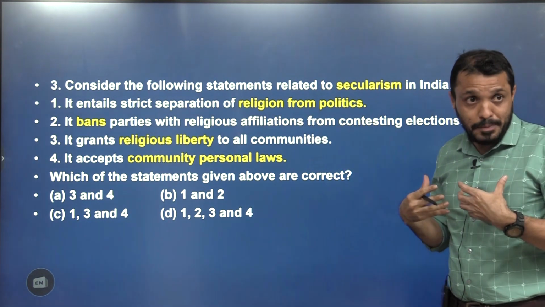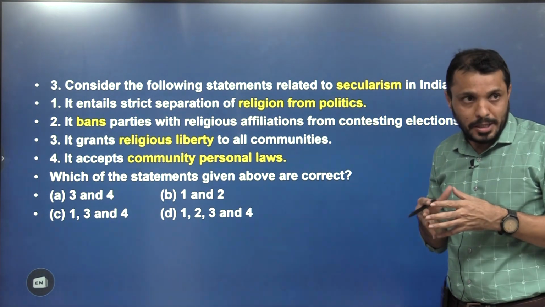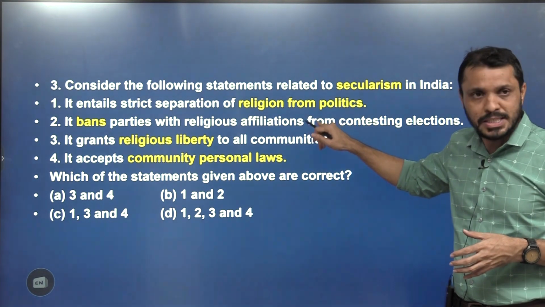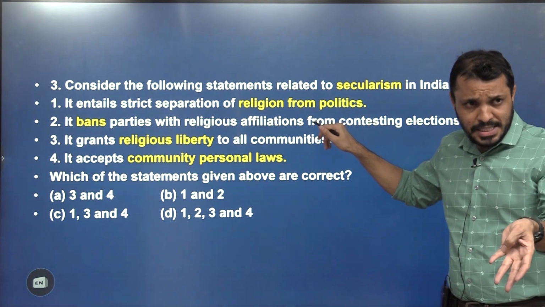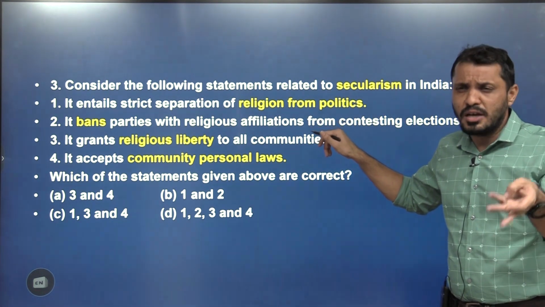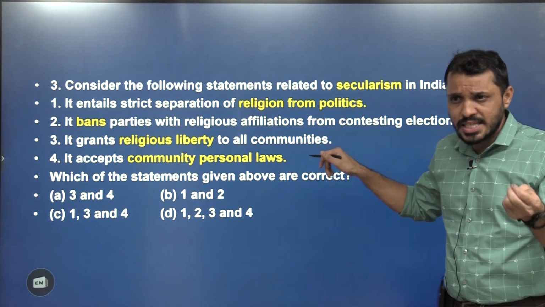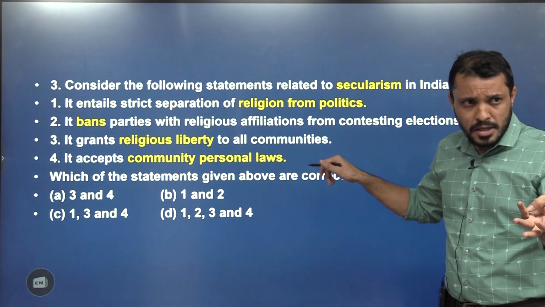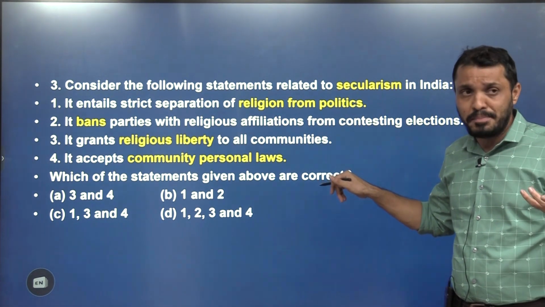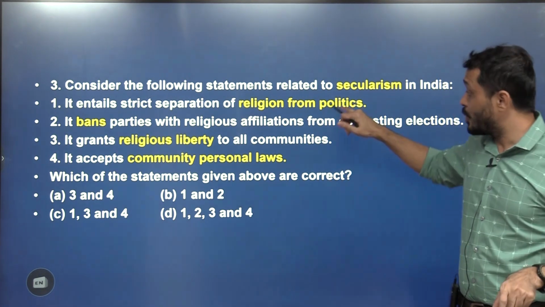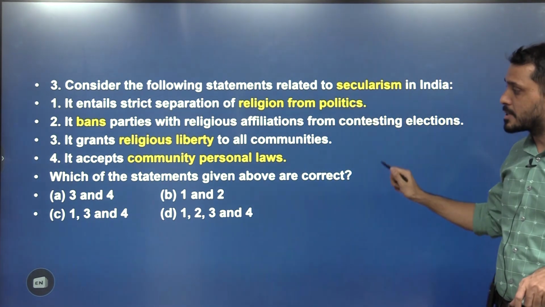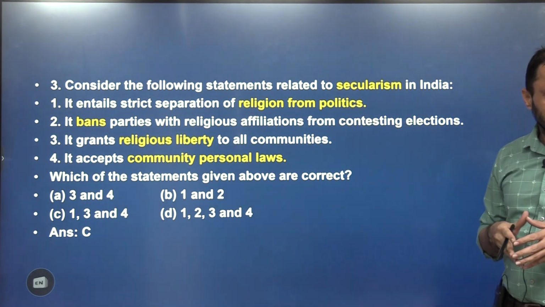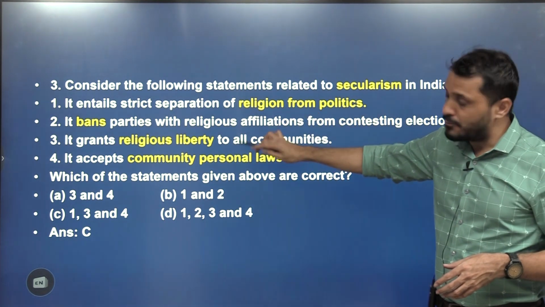If any particular political party explicitly owns up to a particular religion, then it will be banned. Otherwise, it will never be banned. For example, the present Indian BJP is obviously closely related to RSS ideology, and MIM to Islamic ideology, yet they have not been banned. They'll be banned when they are mixing religion with politics. So like I said earlier, the answer must be 1, 3, 4.